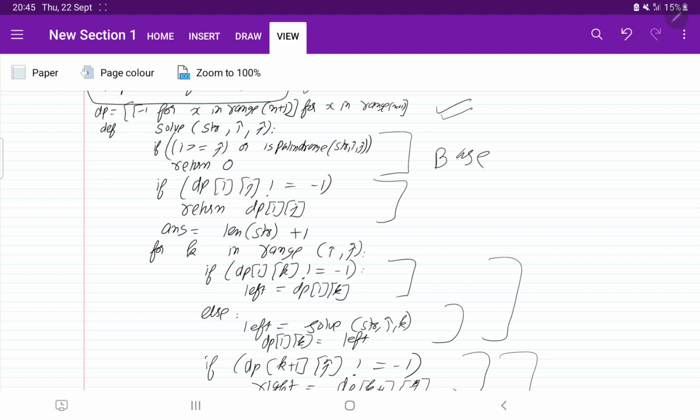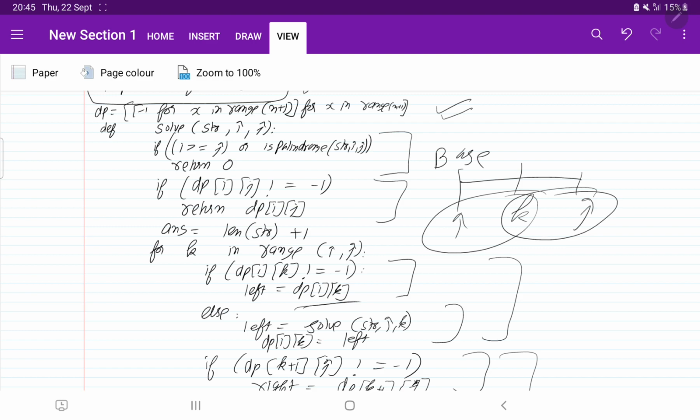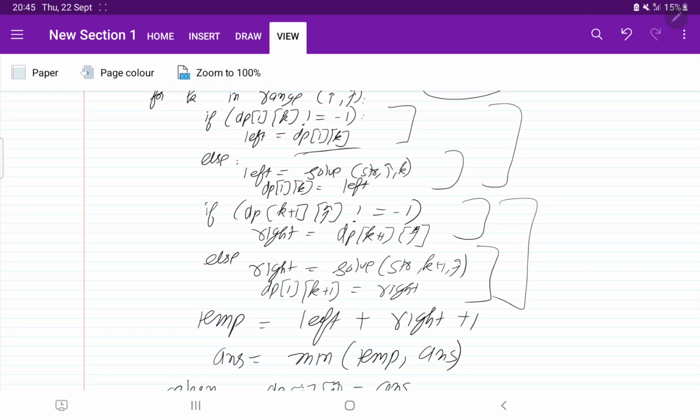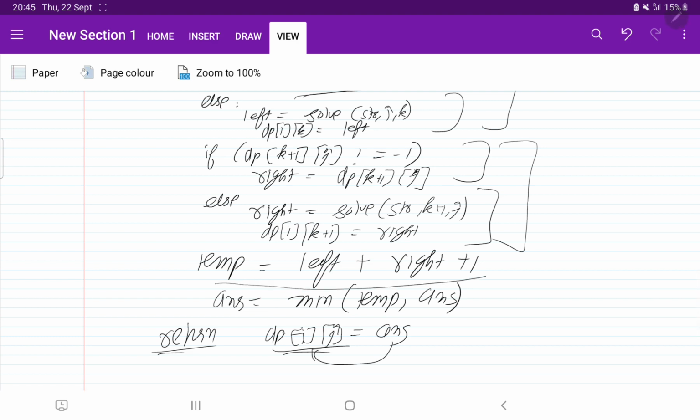This was the condition to check whether it is solved from i to j or not, and as soon as we enter the loop, we have also checked whether it is solved for i to k and then from k plus 1 to j. Okay, these if-else conditions, and then instead of directly writing the solve, we have used the left and right concept, and then finally we were storing the answer in the answer variable, and then we were returning dp of i comma j with the answer.